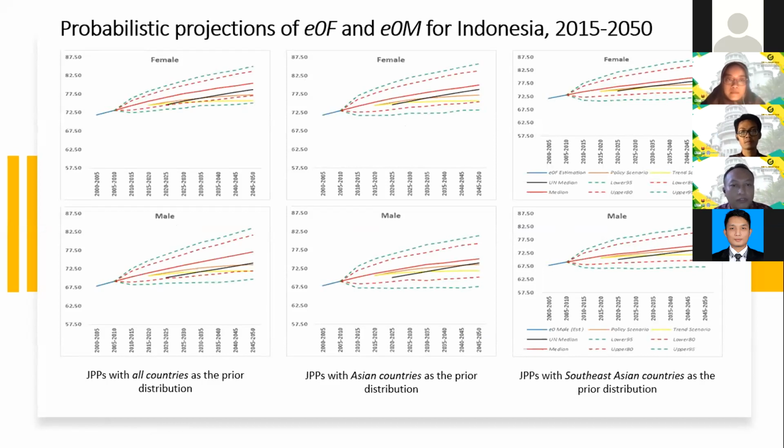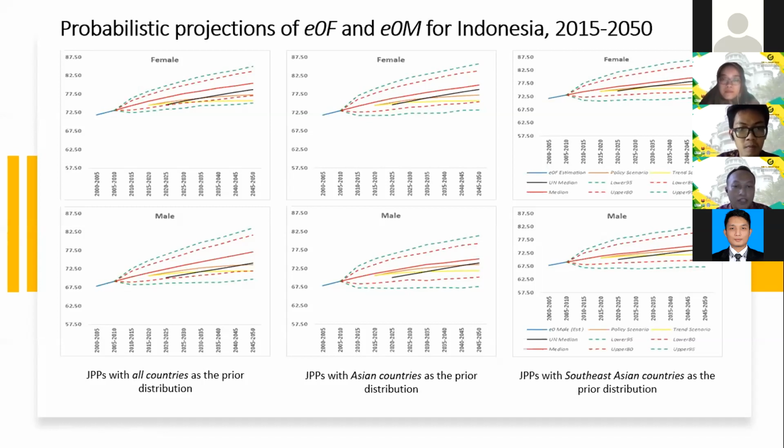In the 2015 till 2020 period, the officially projected IOF was lower than the median IOF projected by the three GPPs. GPP with Asian countries as the prior distribution had the lowest difference between the two IOF estimates. Similarly, the officially projected IOM was lower than the median IOM, but the difference between the two was smaller than the difference in IOF. At the end of the projection period, 2045 till 2050, the three GPPs of IOF and